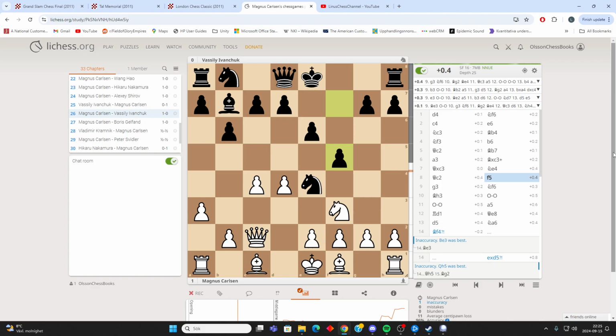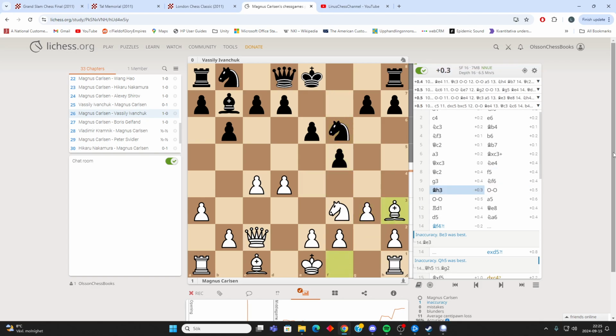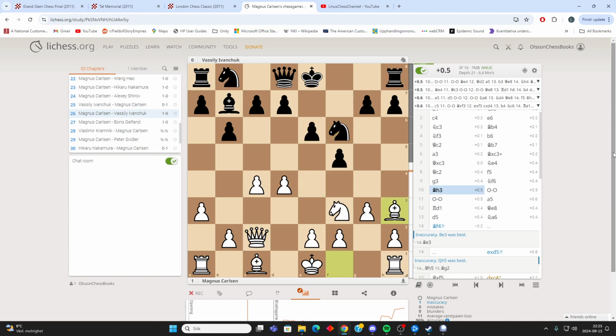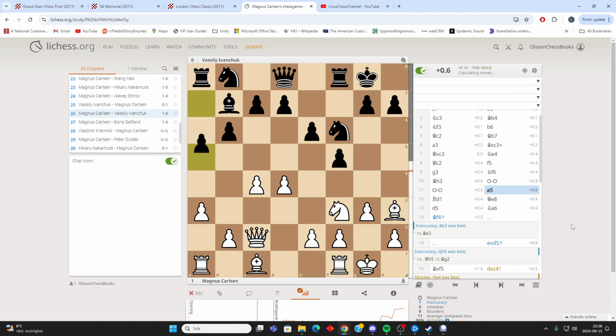And he's playing this kind of a line. It's quite a popular line for black. It's a little bit like the Dutch, like a good version of the Dutch for him. And here bishop h3 is interesting, definitely an interesting move. It's basically saying I'm not afraid to get this double pawn, and I want to castle and move the knight and maybe do f3 e4 without trading bishops. So interesting